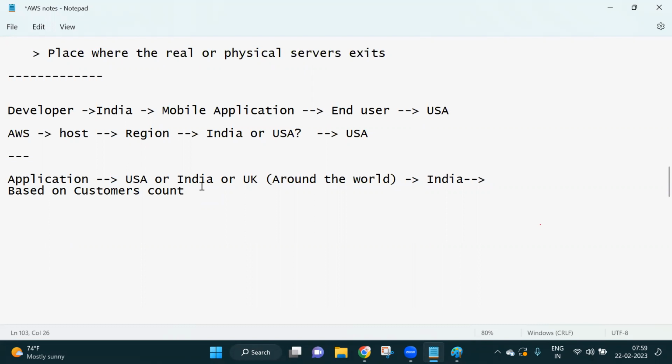And Jaya, remember, even if you select another region, it is not like other people won't get access. Everywhere, USA, India, UK, everyone will get the performance from your AWS. It means they are able to see the application. But when you select the appropriate region, they will get more performance. Initially we cannot know, but we can see the historical and existing information, the metadata. Based on that, we have to select.